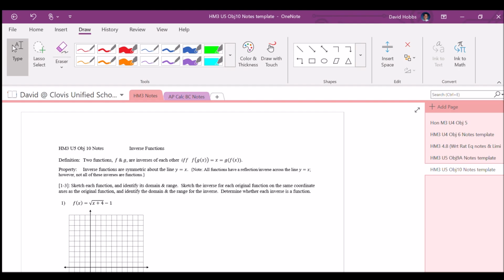This is Honors Math 3, Unit 5, Objective 10. It's the last objective for Unit 5, and we are dealing with inverse functions. Okay, so